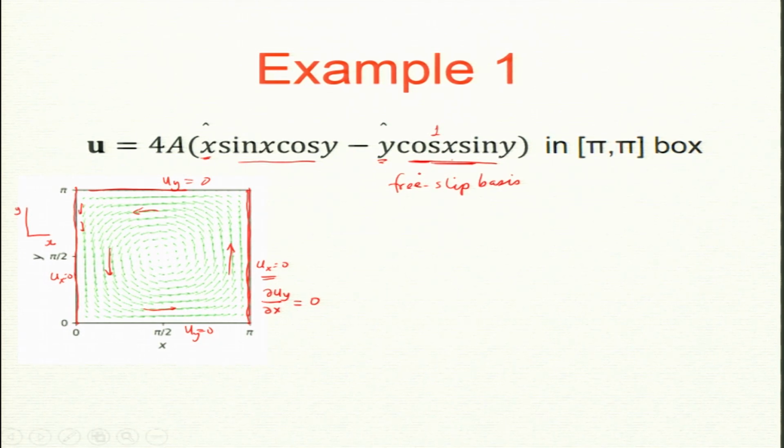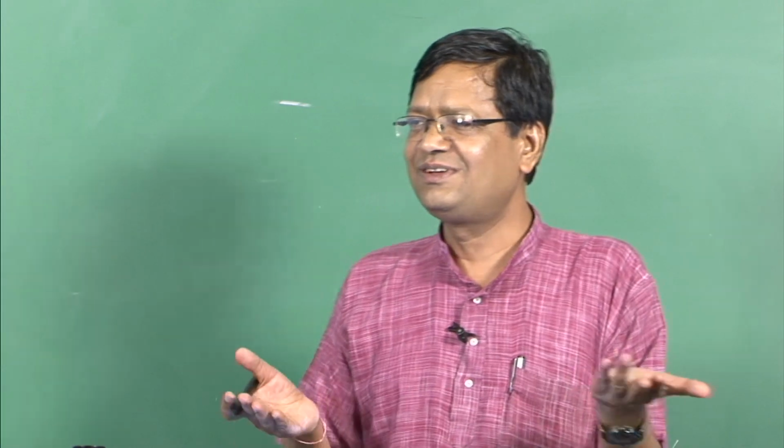So, this is called stress free. If you know fluid mechanics, stress is proportional to the tangential derivative. So, how does this velocity field change in that direction? If the velocity does not change perpendicular to the wall, then it is called stress free. So, there is no stress. Stress comes when your partner is not going along with the same velocity. There is a race, people are not running together, then there will be stress. Here, if they move with the same velocity, then there is no stress.